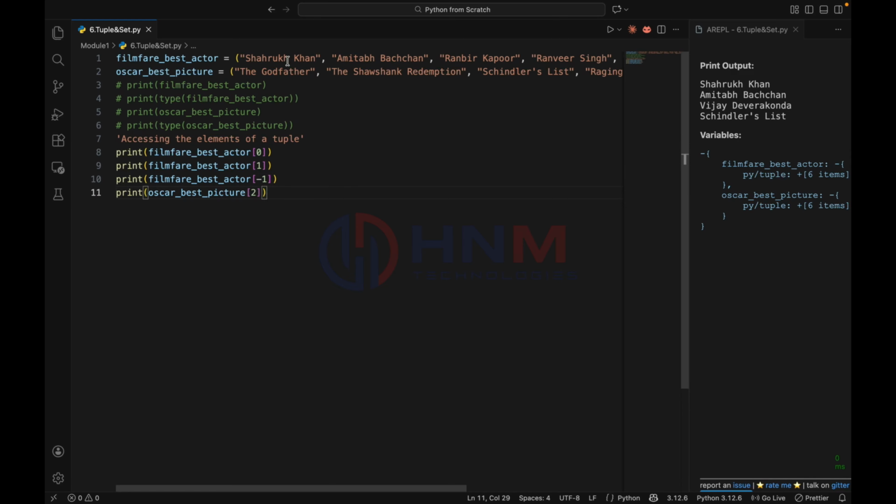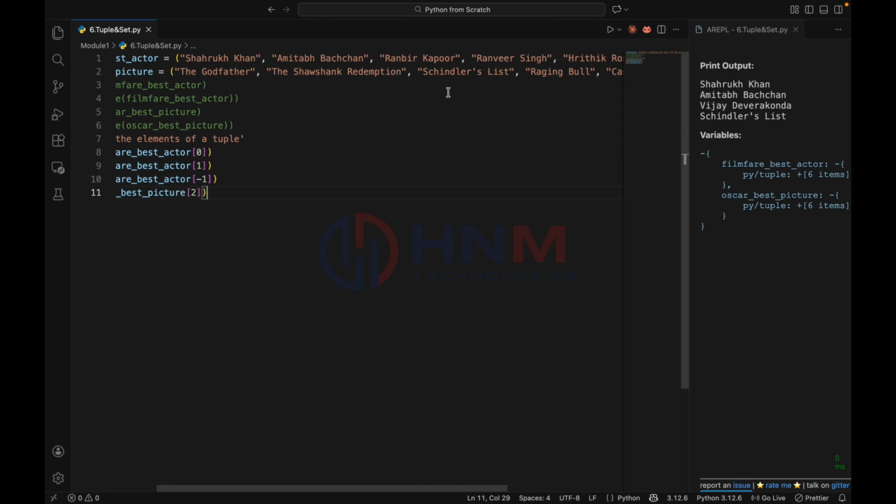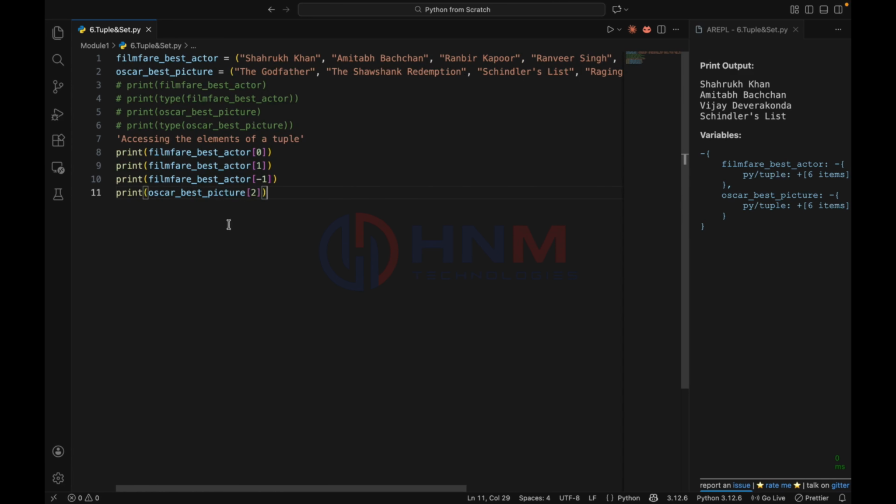Who's the first one? Shah Rukh Khan. The second one is Amitabh Bachchan. And the last one is Devarakonda. The best picture is Schindler's List. This way, with the help of indexing, we can access the tuple right away.